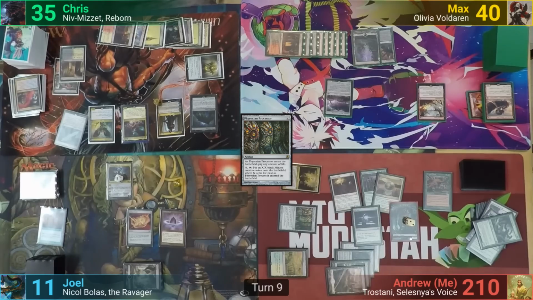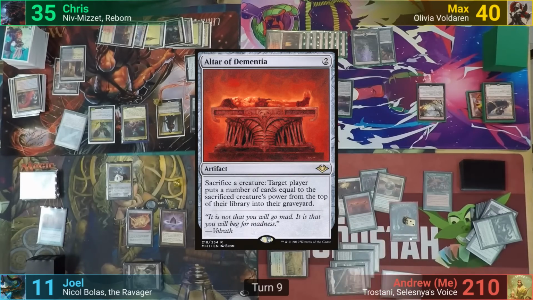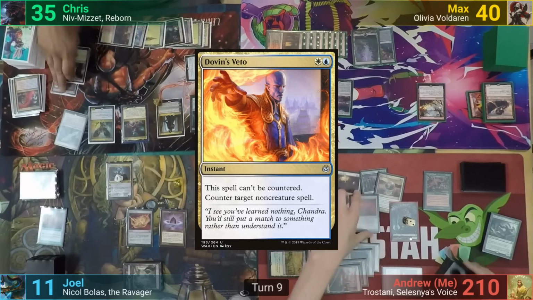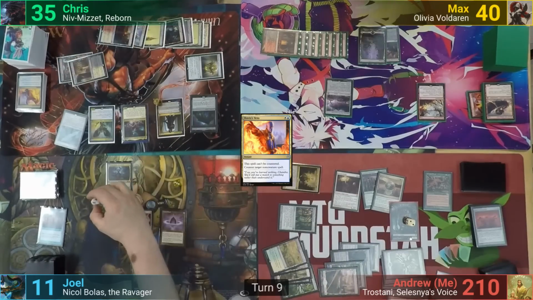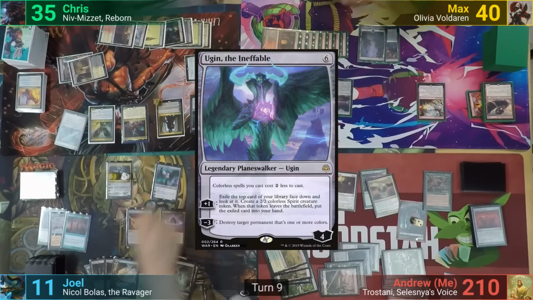I still have enough floating mana for a Soul Ring, which I then tap for an Altar of Dementia. Sadly, my plan of milling people out is dashed by Dovin's Veto from Chris, and I pass to Joel. Joel draws and upticks Nicol Bolas, drawing 2 more cards. He then drops Ugin the Ineffable,